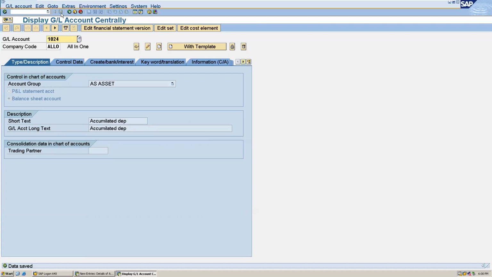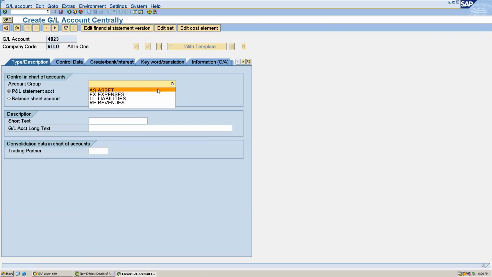Next, we can create the loss due to scrap account, which I am giving 4023. Create. This is not a reconciliation account. You have to give expense. It's a profit and loss statement account.